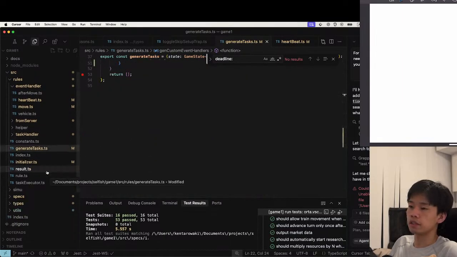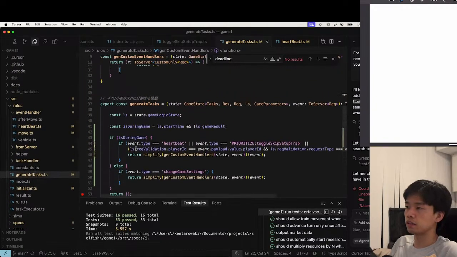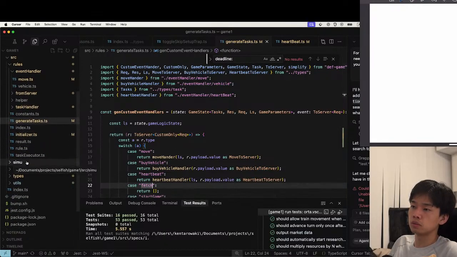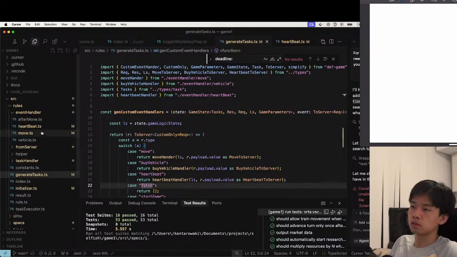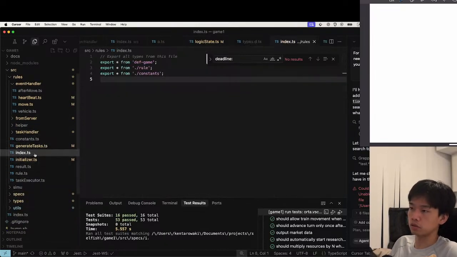So the thing is, never run the task queue. The thing is not to run the task queue, so I should